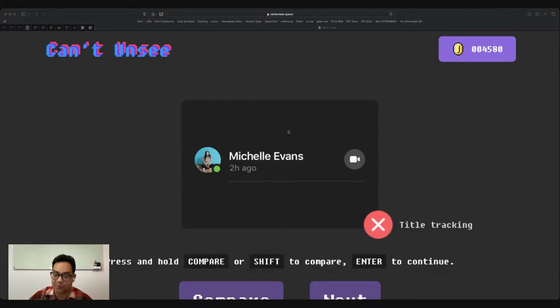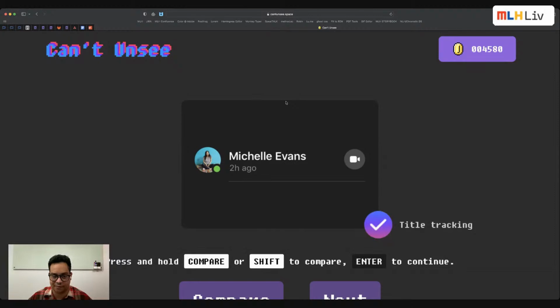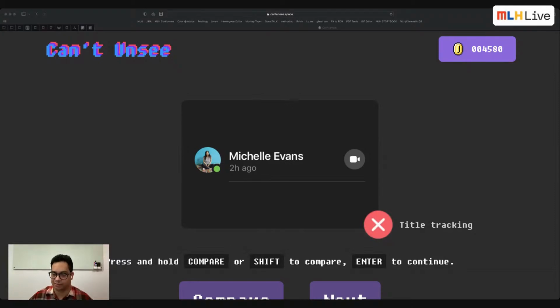So for those of you who said the right, you got it for the reason that I missed. Look at that. It was the text spacing the whole time. I bamboozled myself. All right. I am pasting in the website. It's called Can't Unsee. This is the website that I recommend everyone play, to keep yourself sharp,